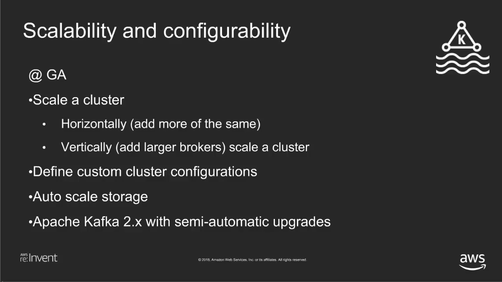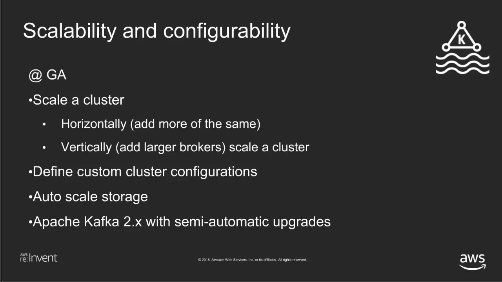We'll also auto-scale your storage for you. So let's say you have 1 terabyte drives assigned to each broker, and you're running out of space on those drives, we can automatically scale up those drives up to 16 terabytes for you. So that means your applications can continue to write and read from Kafka without having to worry about the data storage running out on the brokers themselves, at least up to 16 terabytes.